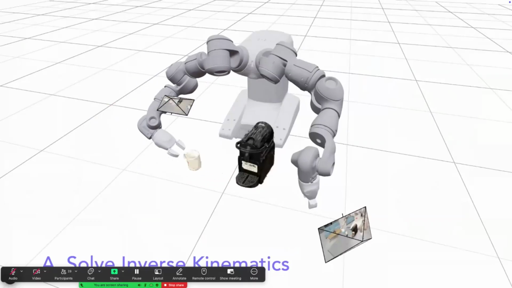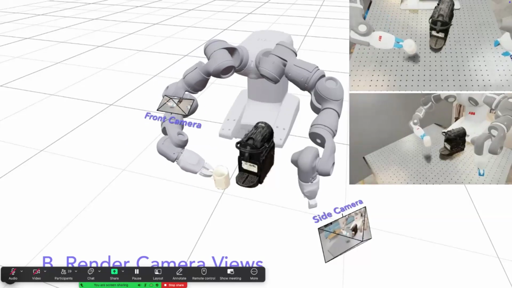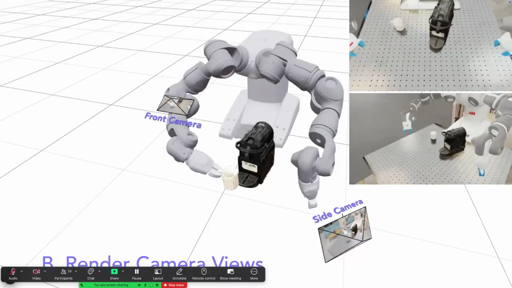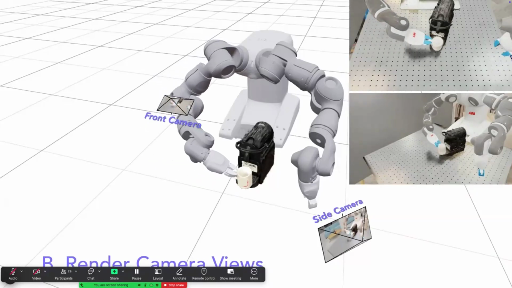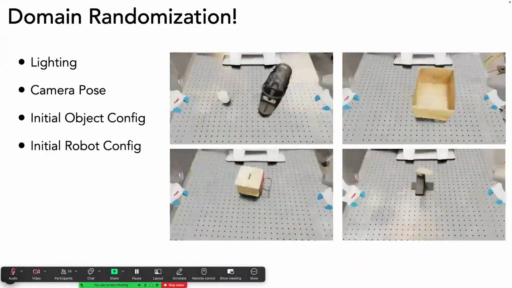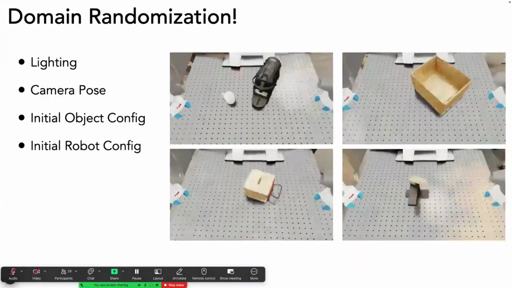So for your robot, it depends on what kind of robot model you have. You know the spatial motion of the object, you know where the grip points were. So now you can generate the motion of your robot to perform that same task. Then you also want to show that with different initial conditions and also from your camera. Cameras can be different than where you took the original video, and you can transform the camera view accordingly as well. And then you can do some domain randomization of the initial conditions so that you're varying lighting, camera pose, object pose,